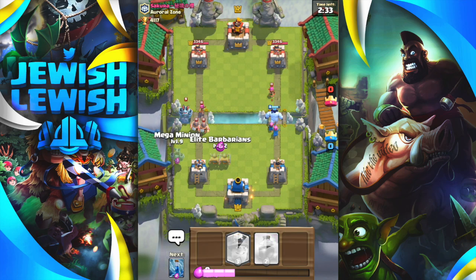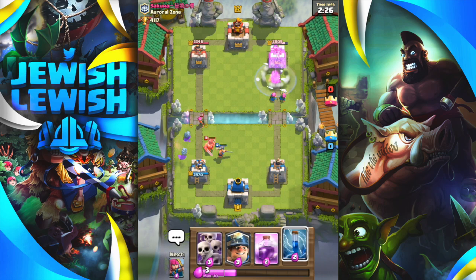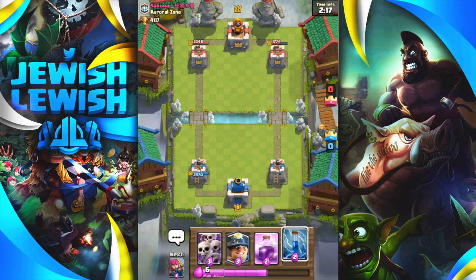some Elite Barbarians of his own. Those are only level 11, so we do have the advantage right here. Our Mega Minions are the same level. However, our Elite Barbarians are going to go ahead and cancel out his, as well as that Archer that was sitting back there. And my Archers on the right chip down his right lane tower all the way down to